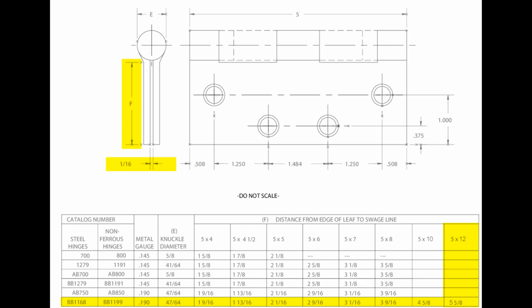Okay, Rad, we have Richard from AC Supply in Florida on the phone. How are you? Hey, how are you? Good. So the thread type for that BB11, whatever it is, 68 or 99, that's just a regular 1224. 1224? Yeah. Okay, that's what I needed to know. But I wanted to talk. I didn't realize the door was being made specifically or whatever it was. It's been months since those hinges shipped. So